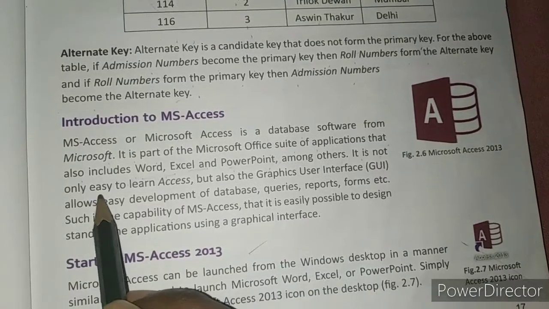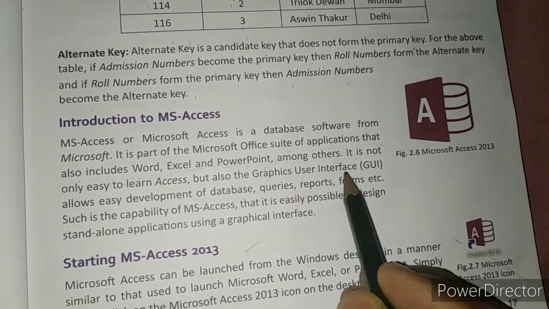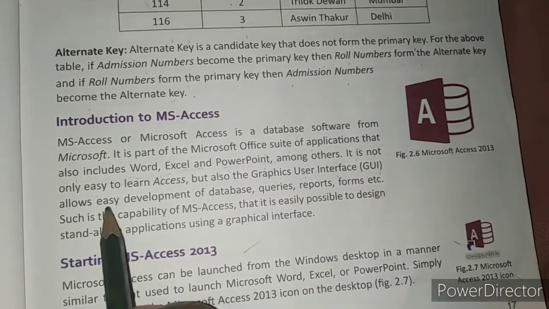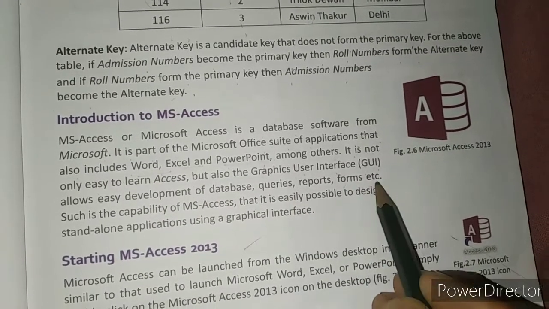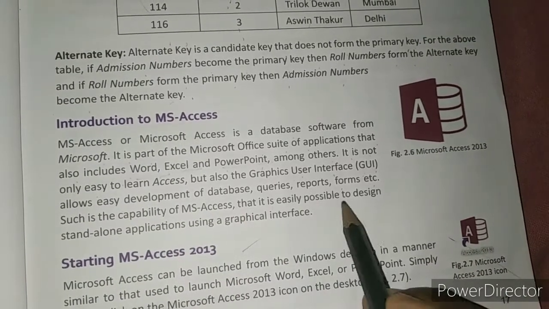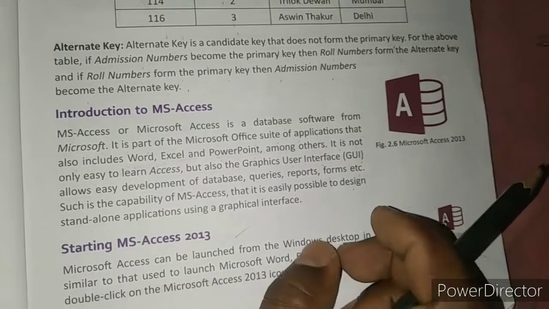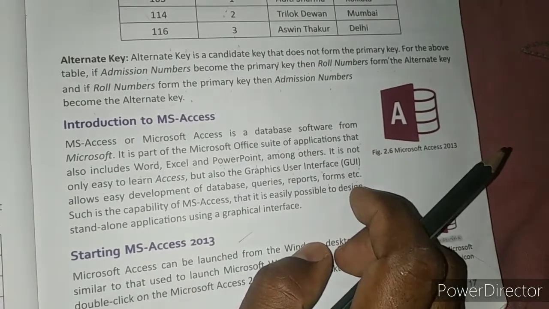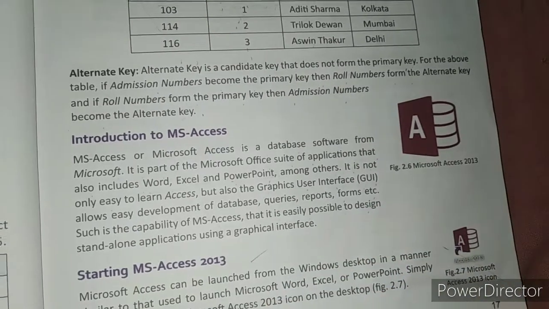It is not only easy to learn Access, but the graphical user interface, GUI, allows easy development of database queries, reports, forms, etc. Such are the capabilities of MS Access that it is possible to design a standalone application using the graphical interface. It means it is very easy to create a database using MS Access. And graphical user interface, what does it mean?